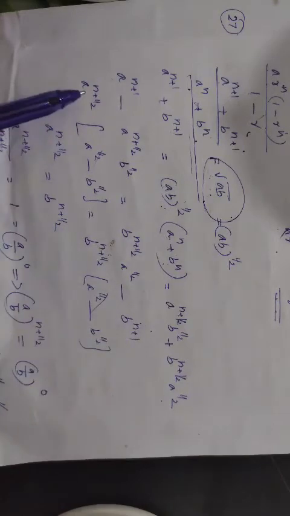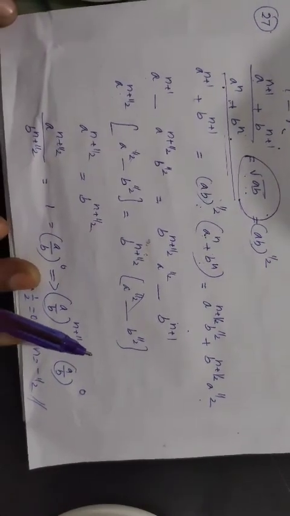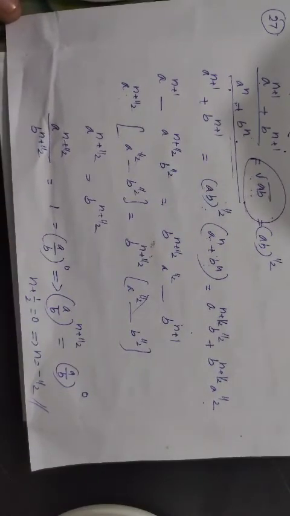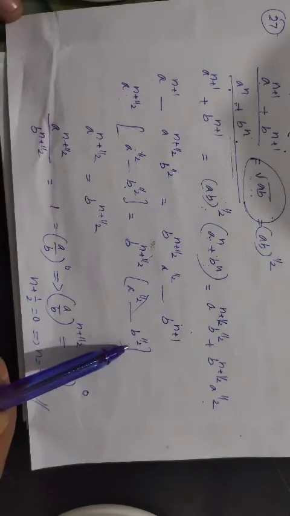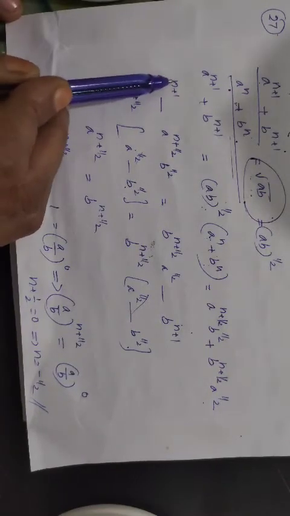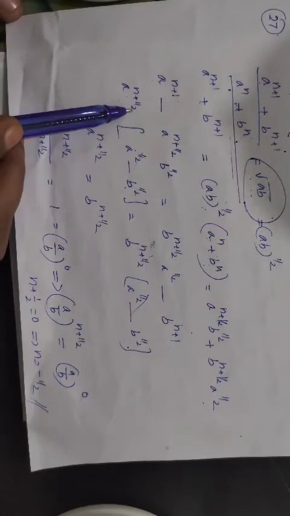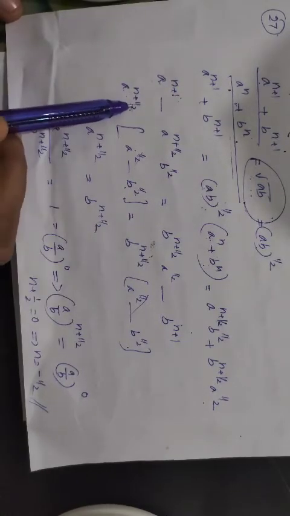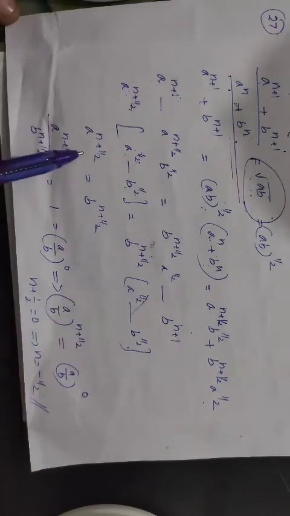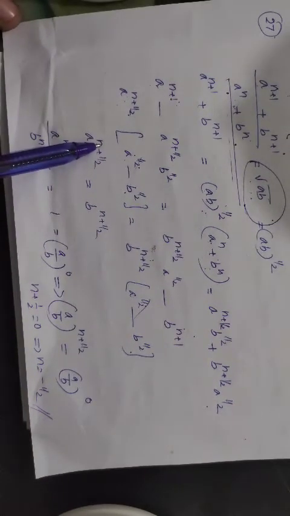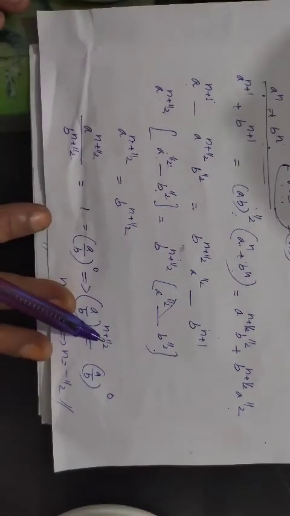We can take the common factor outside, a raised to n plus half from the left side and b raised to n plus half from the right side. Then inside the bracket we will get a raised to half minus b raised to half. From the term a raised to n plus 1, we are taking a raised to n plus half outside. From 1 we are taking half, the remaining a raised to half. Okay, and similarly here also. Then we will get a raised to n plus half equal to b raised to n plus half. Then two results we have studied.